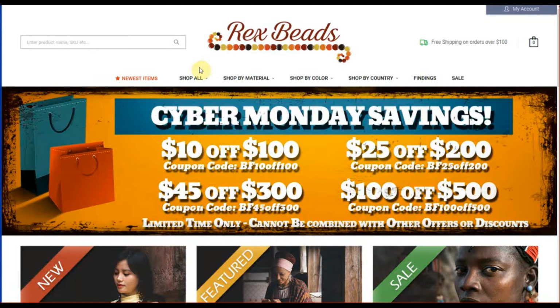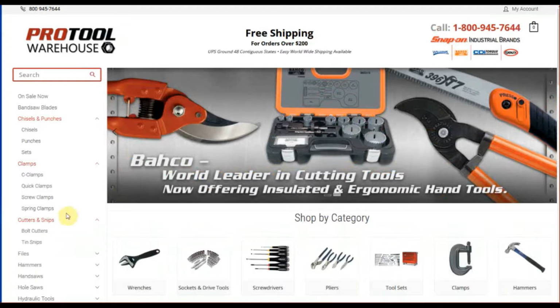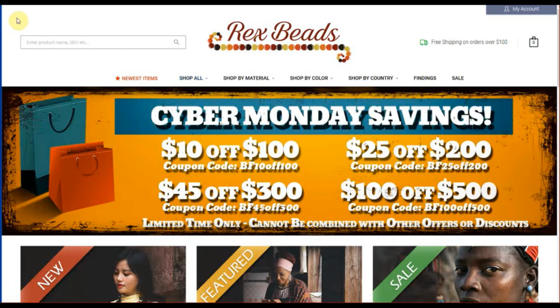Most customers expect to be able to get to where they're going very, very quickly, usually in 1 to 2 clicks. So the two primary navigation approaches are horizontal, like this store, and vertical, like this store. And every once in a while, somebody uses a hybrid. So we're going to talk about the different options so that you can better decide what works best for your